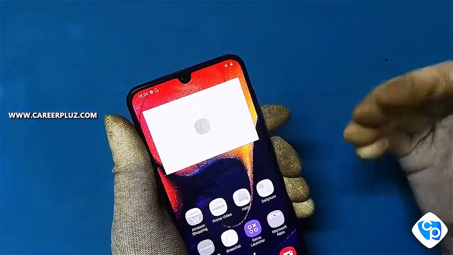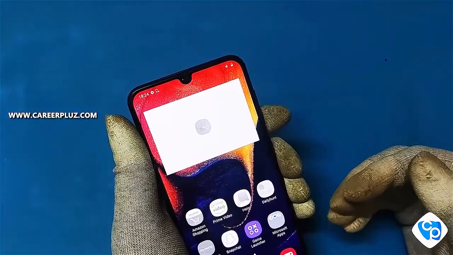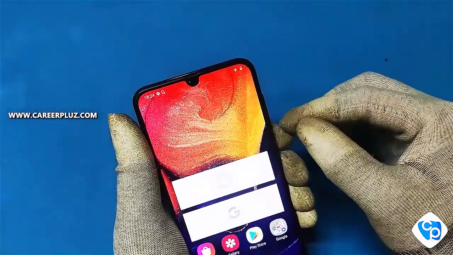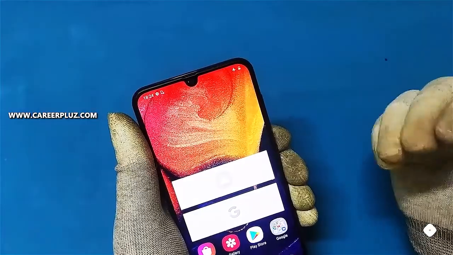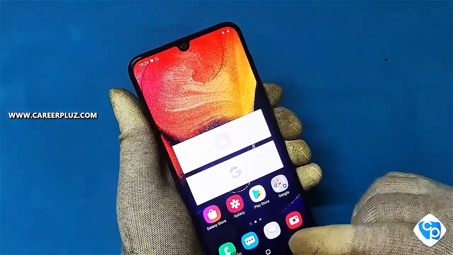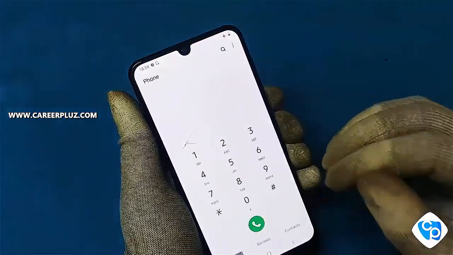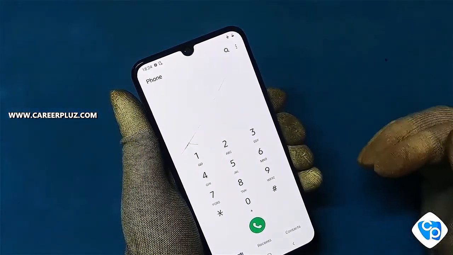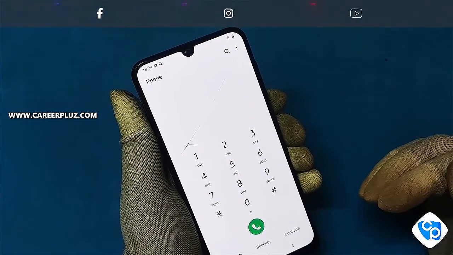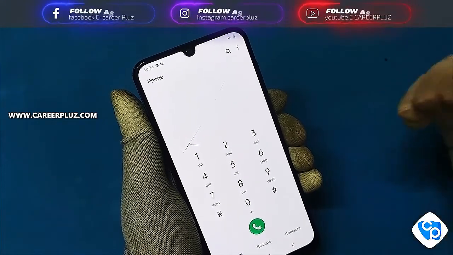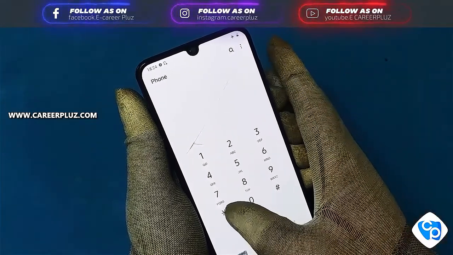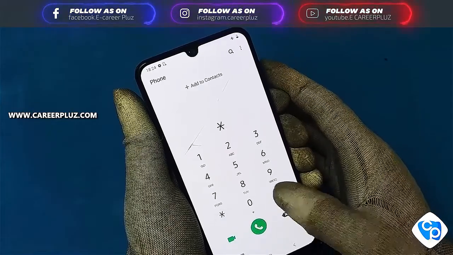You may ask me, how did you find that there is a problem in the volume down key particularly? I will tell you the trick. There is a code for it. This code will differ for every mobile phone based on the brand. Technicians used to call this a secret code. For this mobile phone, the code is